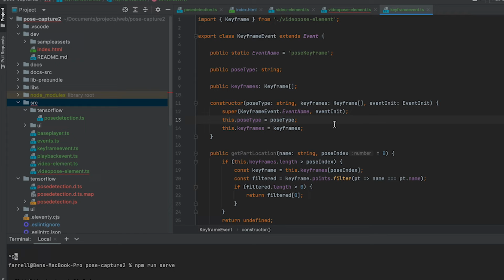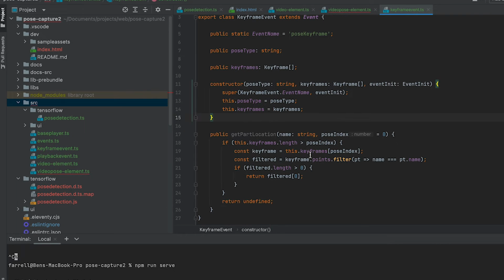And then the keyframes, we're just setting the keyframes here. So for either one of these properties, you can listen for this event and say, hey, what is your pose type? .poseType. What are your keyframes? .keyframes. So you can query either one of those. And the other nice thing about extending event like this is we can do some custom functions like